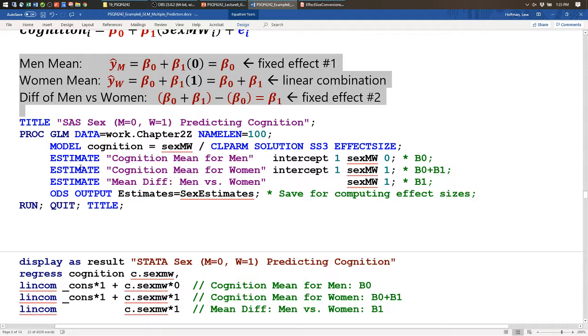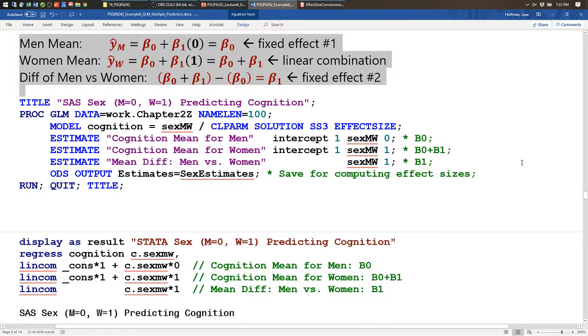So I am trying to help map the logic onto the code with comments here. I wrote out all three things that you would want to know via estimate statements and via lincom statements in Stata, but only one of these is not already given to me in the model. So beta 0 is the intercept. Men versus women is beta 1. So it's only the middle one, beta 0 plus beta 1, that I have to ask for specifically as a